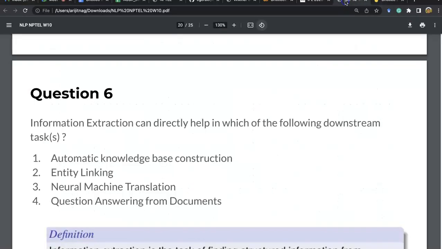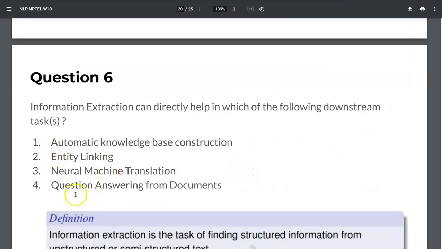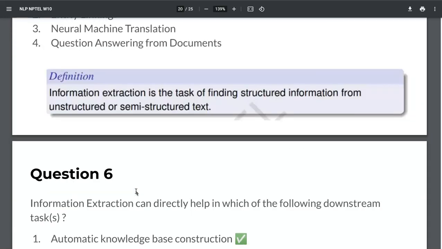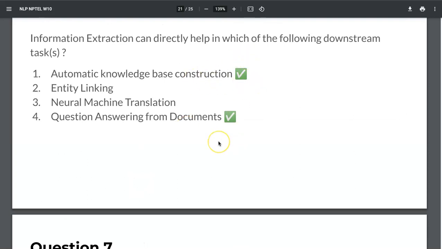Okay, so number 1 and number 4 are helped by this information extraction framework. Information extraction helps knowledge base construction, and this knowledge base construction basically helps question answering. Okay, yeah, so number 1 and